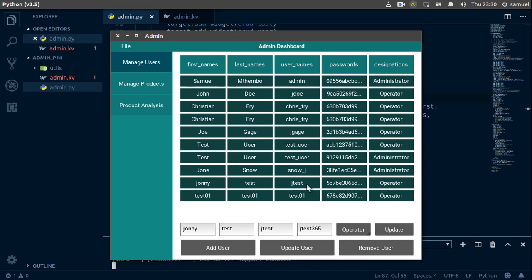As you can see, it got updated, and we can change this to a capital letter Johnny. All right, and update this, and as you can see, this gets updated. All right, so we're going to leave it at